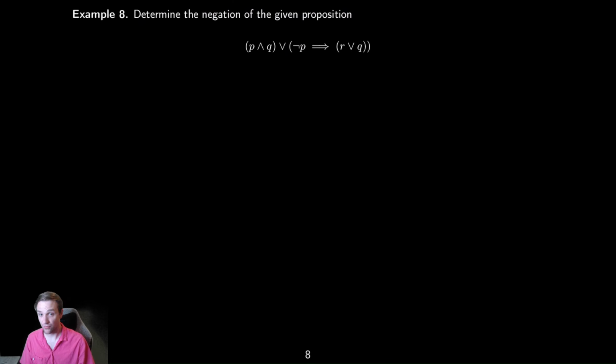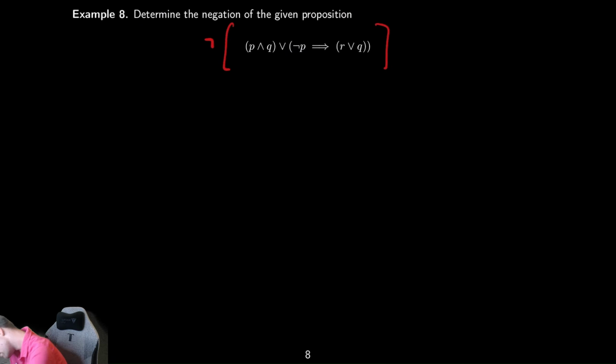So just as we did before, it might be useful to start by dealing with the implication. So we need to negate this whole statement. But rather than jumping immediately into things, I'm going to start by rewriting that implication the exact same way we did before. I, again, find it easier to work with ands, ors, and nots more so than implications, although sometimes implications can be nice. So we're going to leave the negation on the outside, keep the inside the same, P